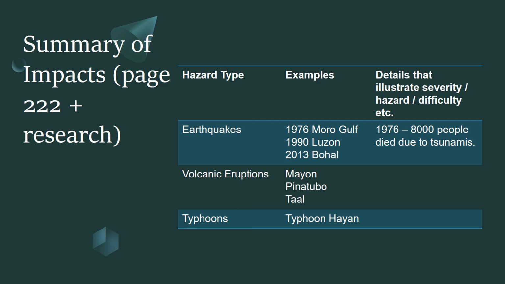On Typhoon Haiyan, there's not much in the multi-hazard case study, but the reason for that, of course, is because you've done a case study on that separately. So that should be quite easy to put a few headline details in and a bit of revision of that. And as I said, I think it'd be good to maybe add a typhoon to that so you've got more than just one example. So that's the first task for you to do, to complete your own sort of table. Whether you decide to actually do it as a table or not is up to you, but that works quite well for things like this, and you can then sort of extract the information you need.